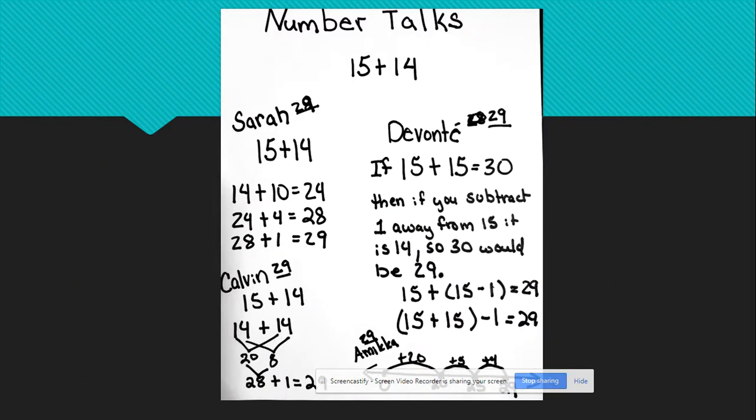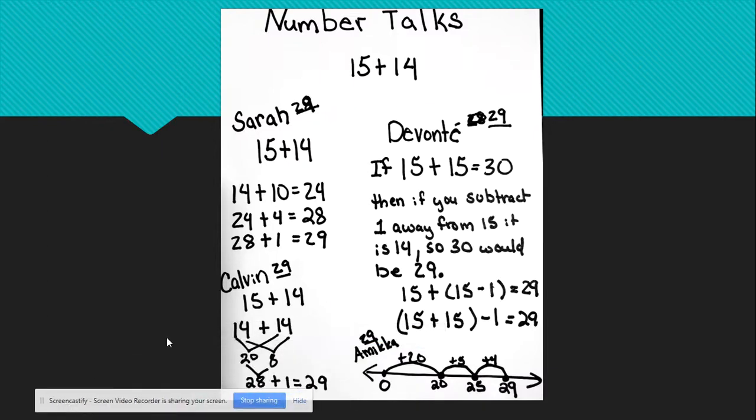So here in my example, I have an example of a classroom where the students were solving the expression 15 plus 14. And as you can see, the students were able to think flexibly in their process of solving and getting an accurate sum. And I see evidence of students using double facts, Devontae and Calvin. I see evidence of students adding in chunks here where they're decomposing one of the add-ins by place value, and